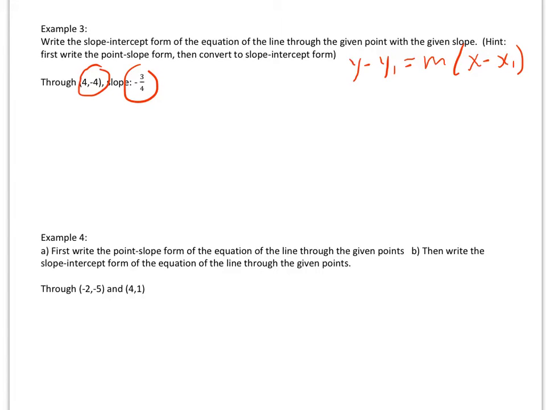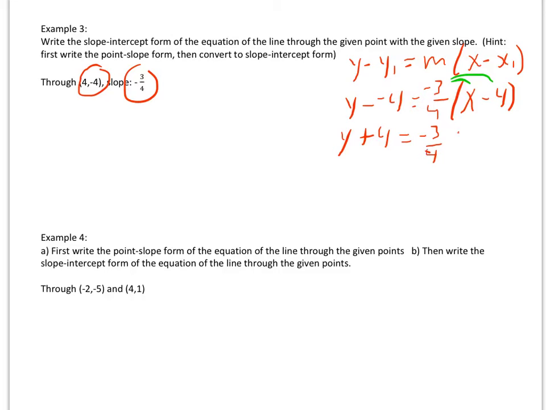So we will say y minus our y value, which is a -4, equals our slope, which is -3/4, x minus our x value, which is +4. Now we have y minus a negative, which makes it plus. We will distribute the -3/4, and that will give us